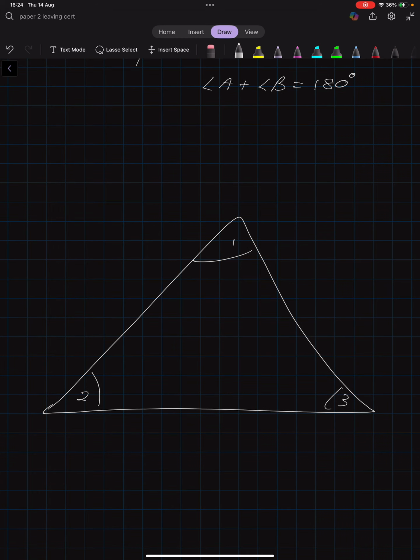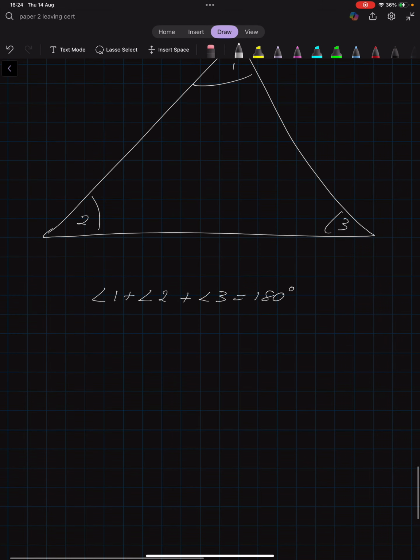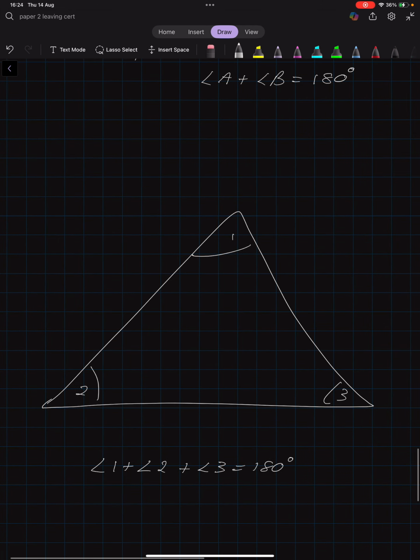The way you do this is you always say what it is you want to prove. I want to show that angle 1 plus angle 2 plus angle 3 equals 180. That's what I want to end up with. So if I draw a straight line across here and call this angle 3, angle 4, and then this is angle 5,